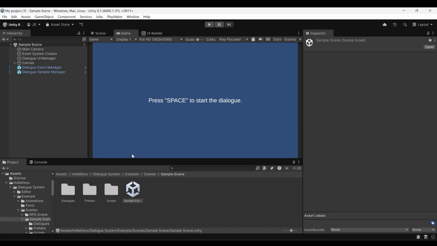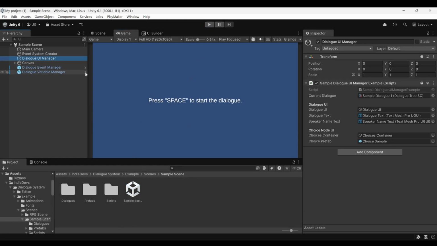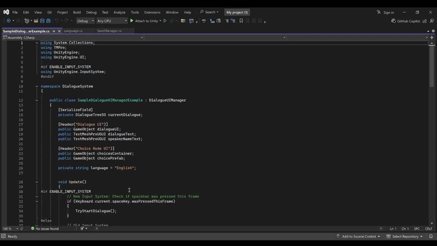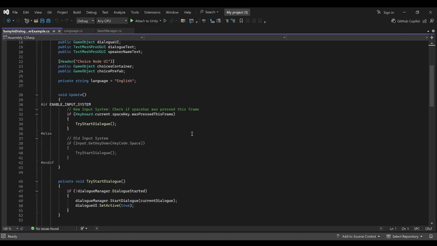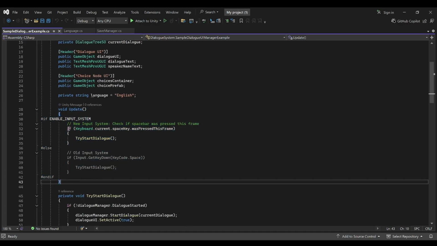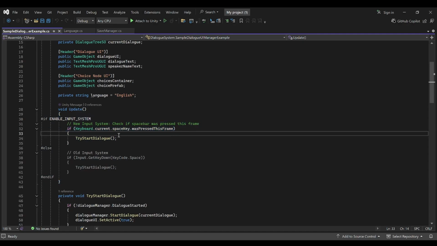Now what I will do is I'll go to Dialog UI Manager, and I will quickly open up the sample Dialog UI Manager script. Now inside the script, as you can see, what we have here is the update method, and here we check for the input. We basically search for the space key, so if the user clicks on space, it will try to start the